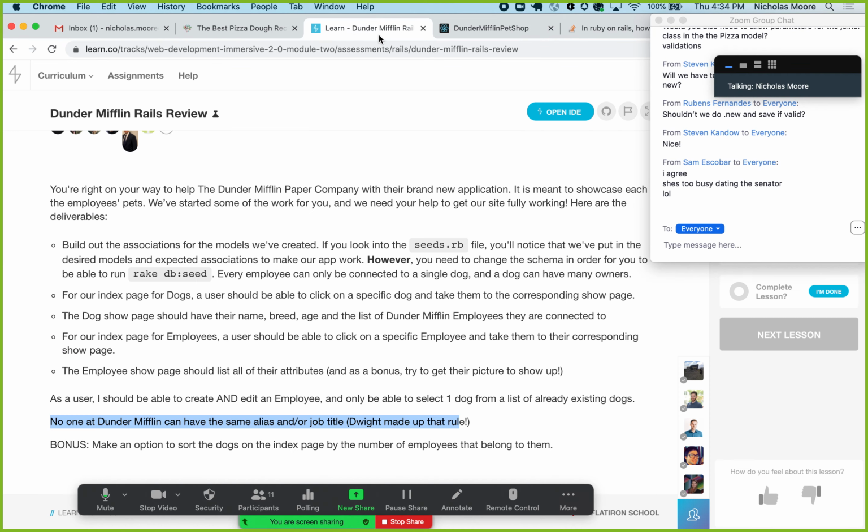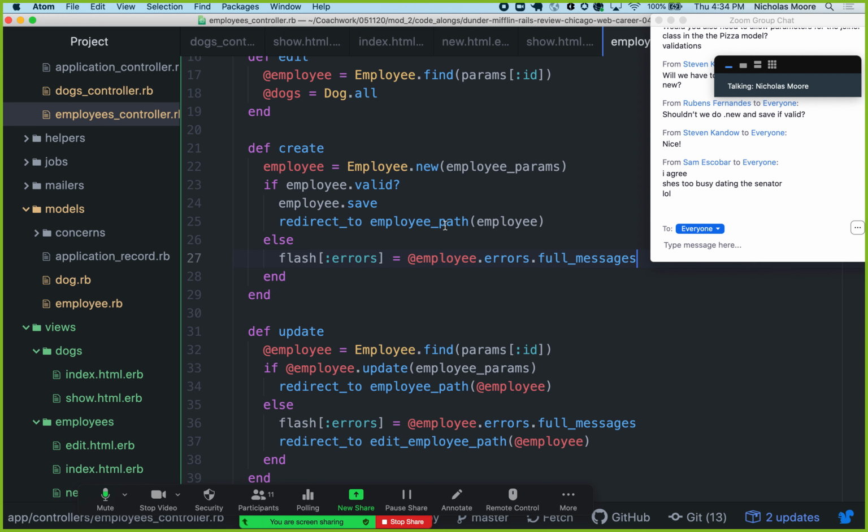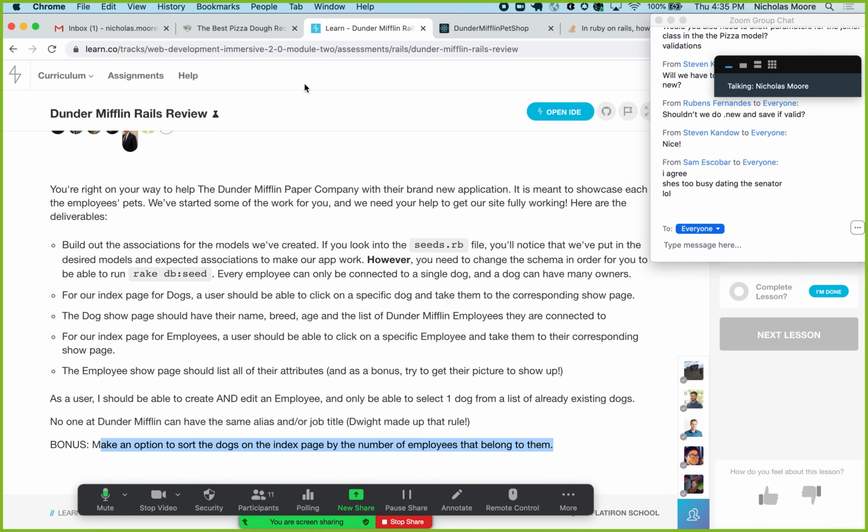There is a piece I wanted to do though. This kind of neat spot says, make an option to sort the dogs on the index page by the number of employees that belong to them. This is kind of weird because I want to show you how difficult. It's not difficult, but it's awkward to do this way because we really can't carry state from page to page, right? So what it really wants me to do is go to the dogs page,